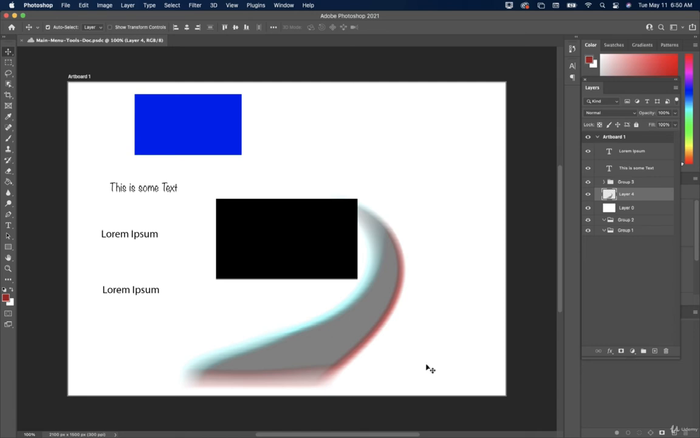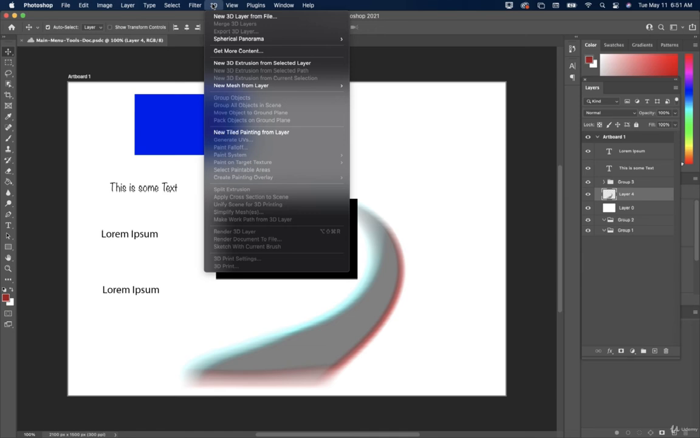All right, welcome back. So in this video, we're going to talk about the 3D menu. So if I go to 3D, you can create a new 3D layer from File. We can merge 3D layers, export 3D layer, panorama, so import panorama, new panorama layer from selected layers, and then export panorama, get more content, new 3D extrusion from selected layer, new 3D extrusion from selected path, new 3D extrusion from current selection, new mesh from layer, so